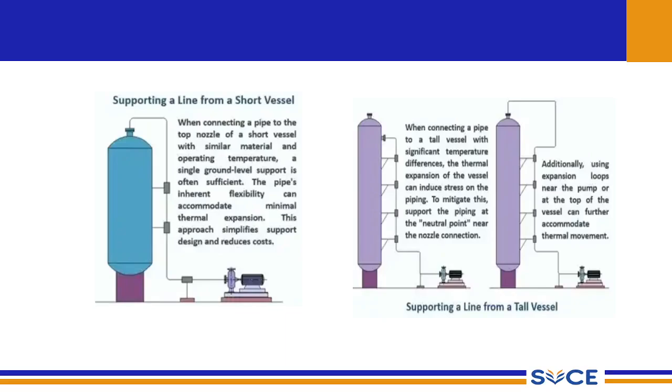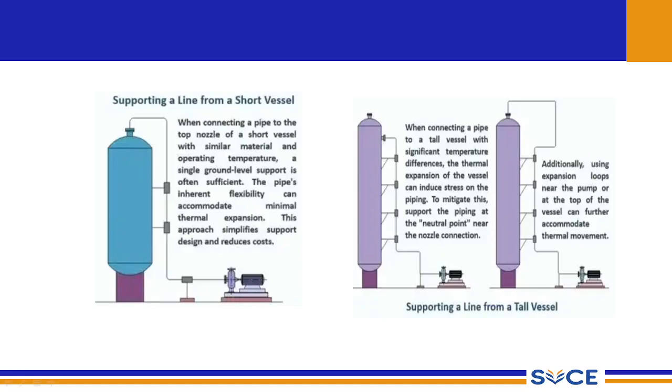So we can see that the piping is supported at some neutral points. Neutral point is a technical jargon. We consider the neutral point as the place where the stresses are minimal, or they are balanced